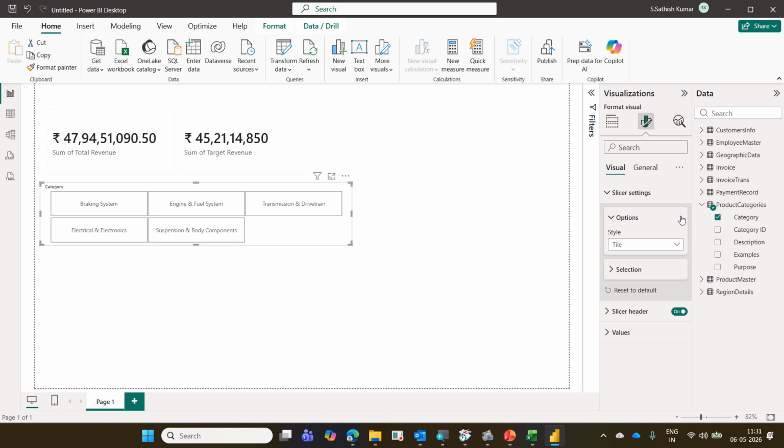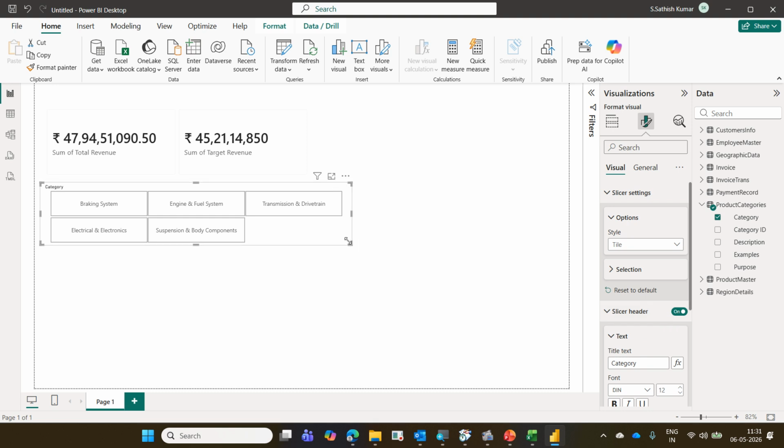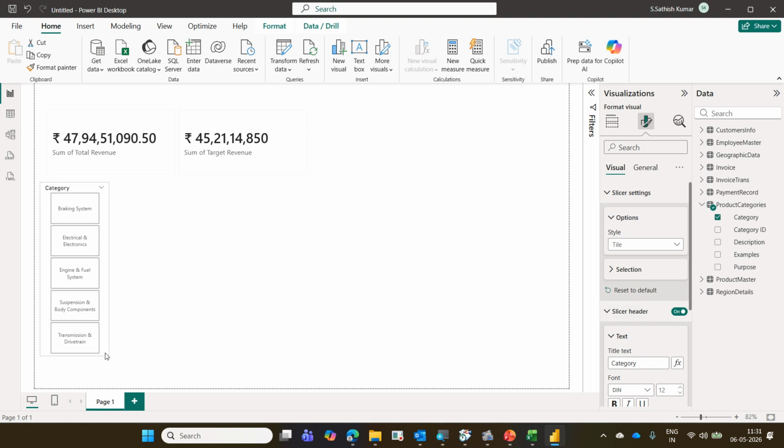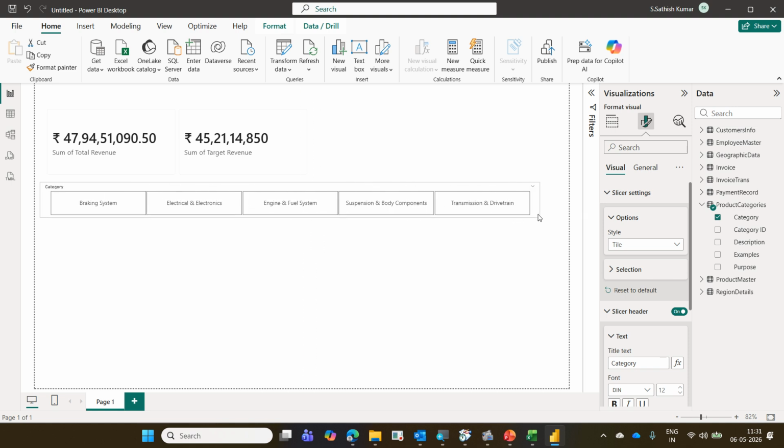In slicer settings, either you can make it a vertical list, tile or a drop down also. If you increase the height and width accordingly, it will get adjusted. So I am increasing the width. You can see all the 5 are coming in one row.